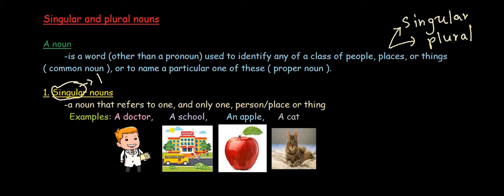To show that there is only one, we use the words or letters a and an. So how do we use a and an? Normally before vowels we use an. Before consonants we use a. If you want to get a clear understanding about the use of a and an, I suggest you all watch my previous video and I will put the link to it in the description below. And also, in order to understand this lesson more clearly, I suggest you all watch my video on vowels and consonants because it will be very helpful in the next part of this lesson. Okay? So now moving on,